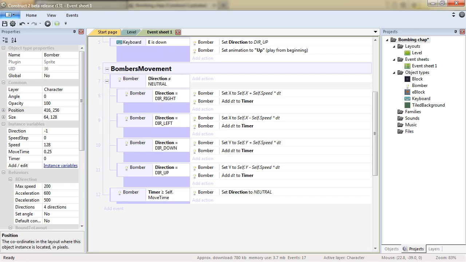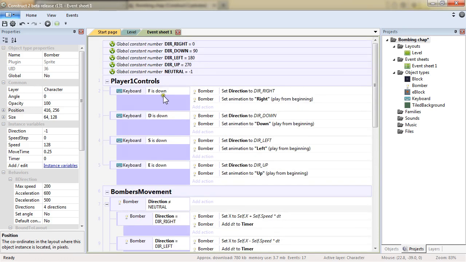At the moment, actually, I will need to go back to our input right there and make a little modification and add more conditions to it, because it can be problematic at the moment, because nothing prevents me from pressing F and S at the same time